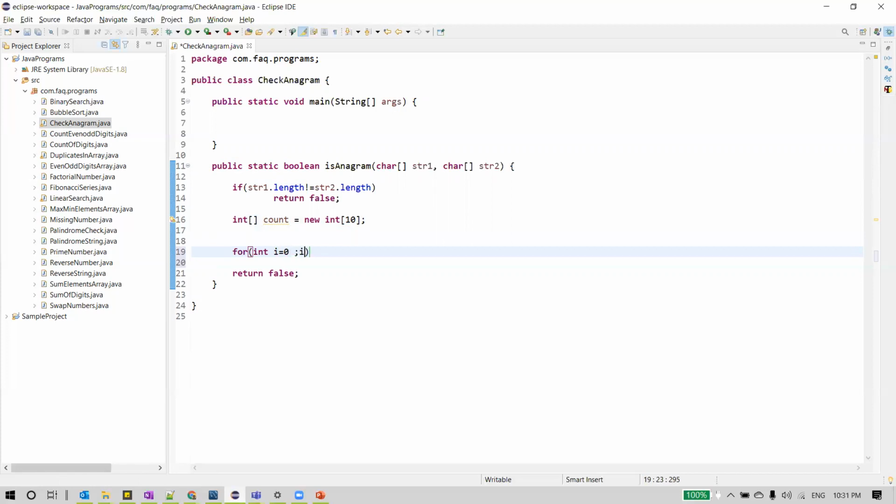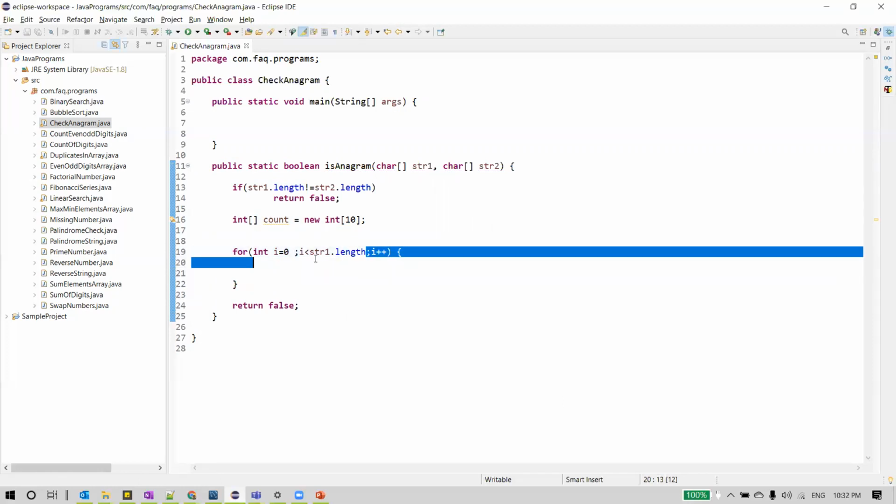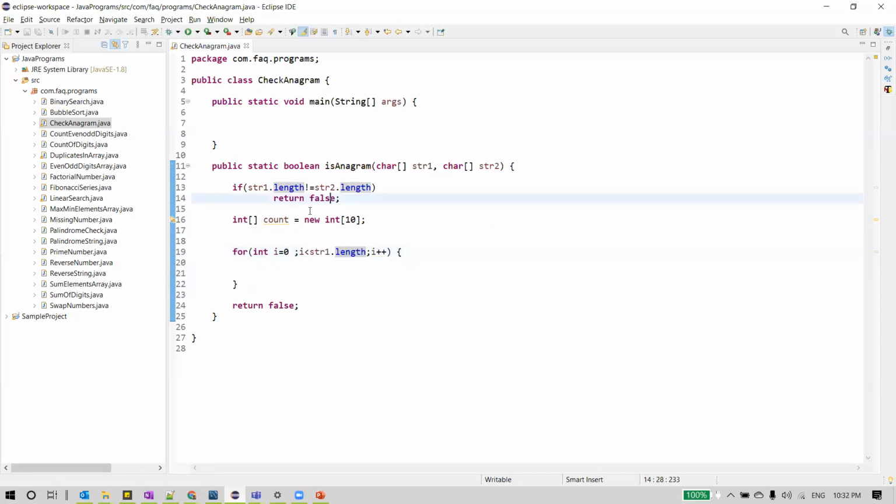Let us write the logic first. We wanted to loop through all the characters in the string, and this condition can be either string 1 or string 2. We already checked the length condition, and we will be here only if both the string lengths are equal.